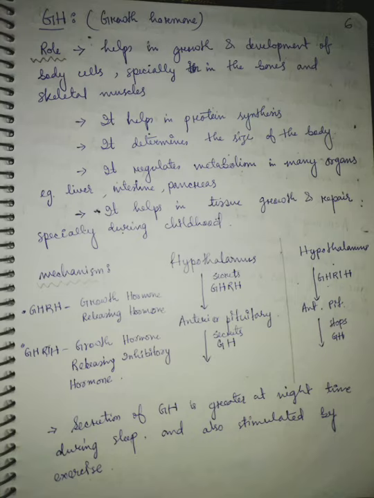The secretion of growth hormone is greater at night time during sleep and also stimulated by exercise. When the child's sleep pattern is normal, that means the child is sleeping nicely at night time, then growth hormone secretion will be normal. It is also stimulated by exercise, so exercise is important for a child during childhood, and it is important for the adult also. Coming to the next point,